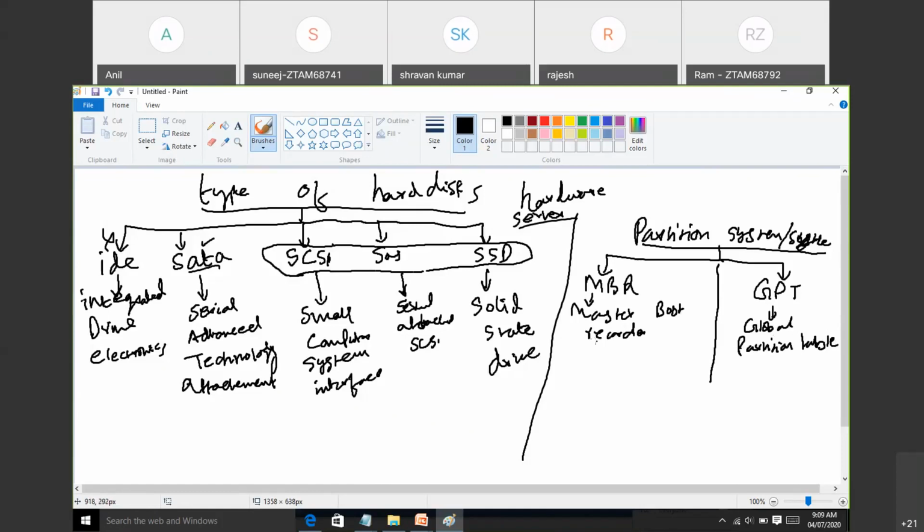What is the difference between these two styles? In this model, if you create partitions, the first three partitions will always be primary. And the fourth partition will always be